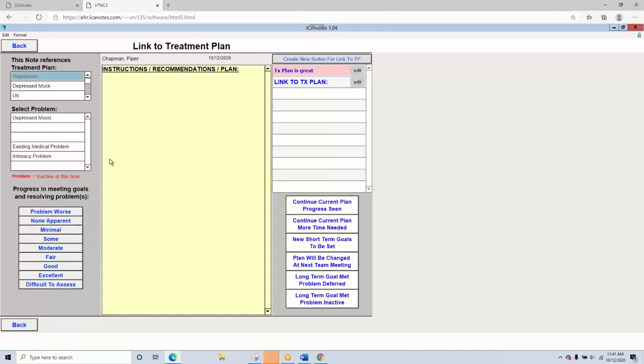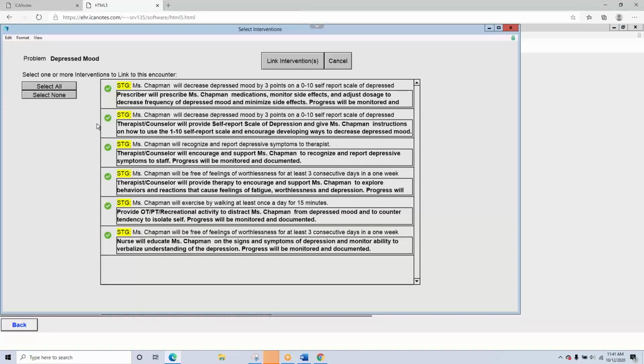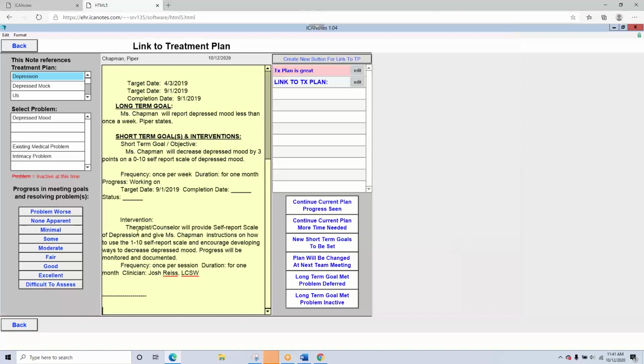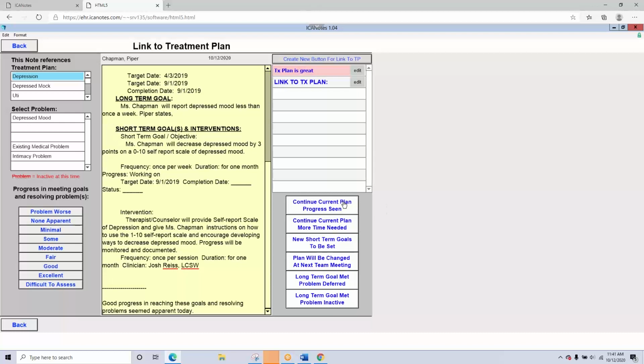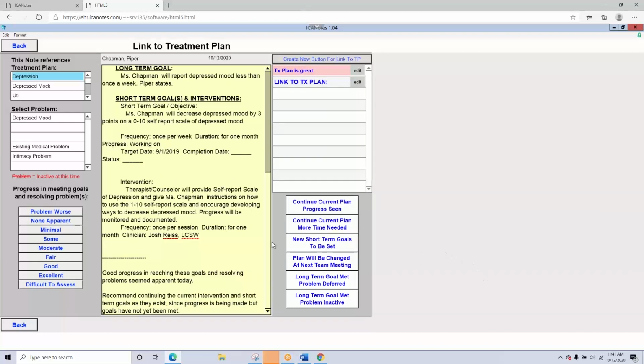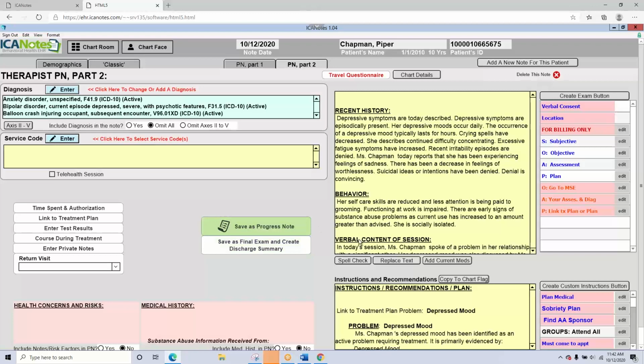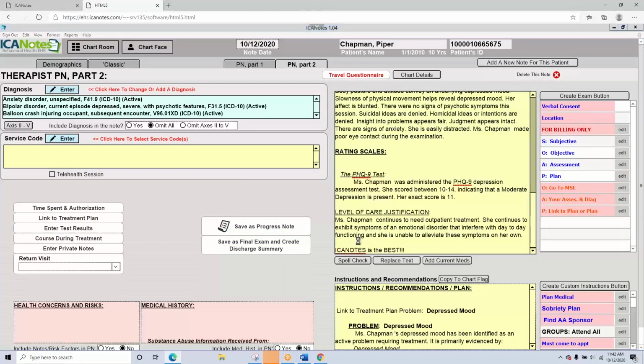So I can say my former treatment plan that I did was on depressed mood. And then as you can see, we have interdisciplinary treatment plans within ICANotes with multiple team members. But I can just select my intervention that I'm using for that short-term goal. As far as a self-report scale, I link that immediately into my note from her exact treatment plan, and I can say that she's doing really good here, and we're going to continue this current plan because we've seen some progress. And what you'll see is when I save this, we have a very beautiful note